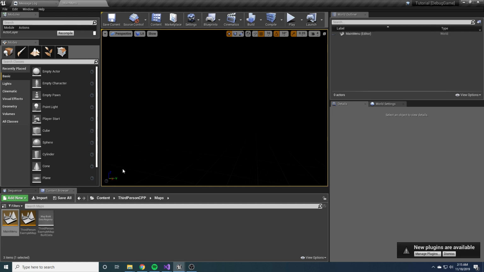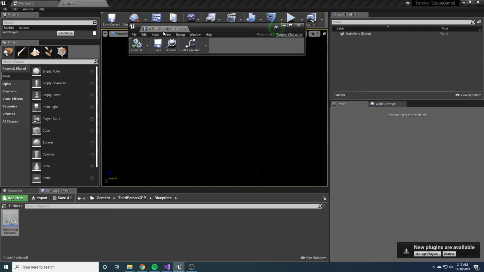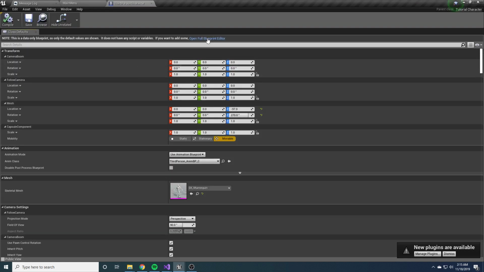So let's actually save something now. We can finally get to the fun part. And this is the part that would hopefully make it all worth it, because I think you'll see how easy it is to do this. So say, for example, you want to save the character's position. So go to your blueprint, open this up,